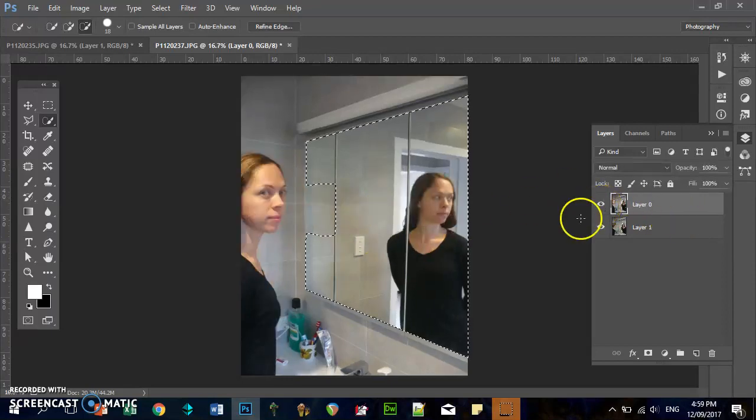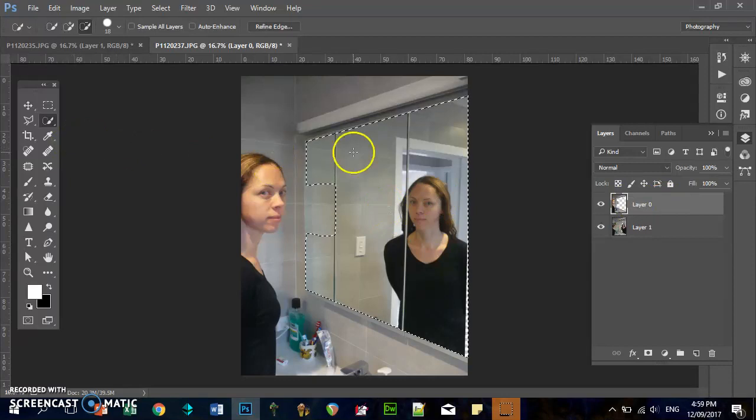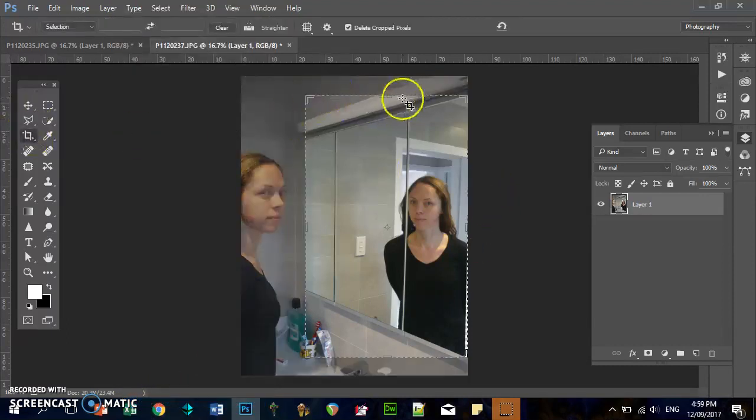Okay, so now again, I'm going to get rid of the reflection that's looking behind me, which is on this layer, and I'm going to delete that. Now it's made one seamless area. Now I can go Layer, Merge Down, and maybe